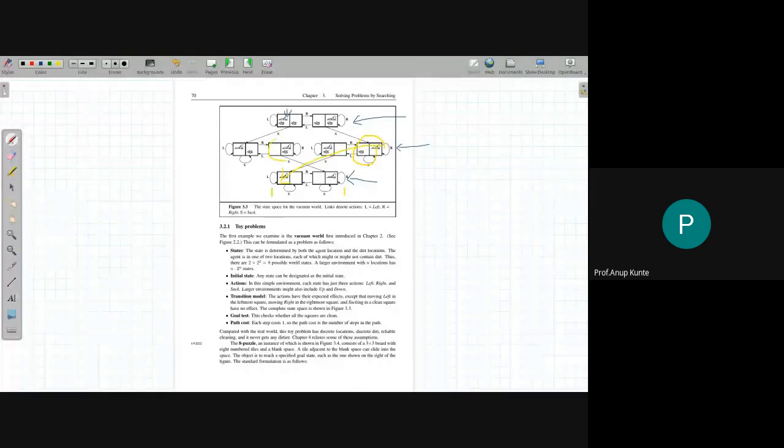So the important consideration is that in such games or toy problems, you might know at the beginning that there is a goal state like this, or you might not know that there is a goal state like this. You may be searching for a state based on certain constraints or criteria, or you might already know that these states form the goal state and you want to reach one of them.